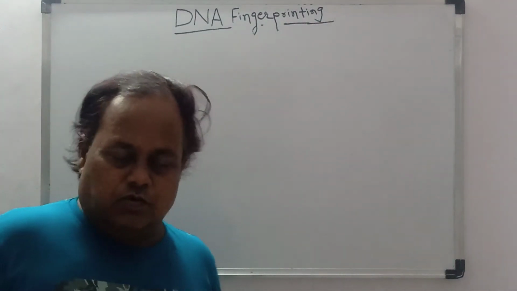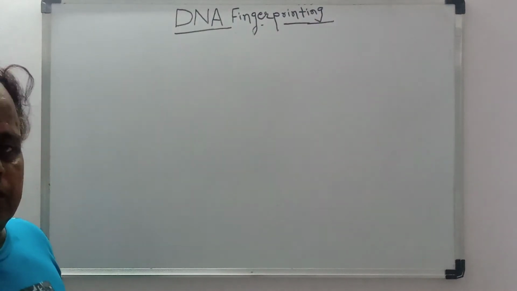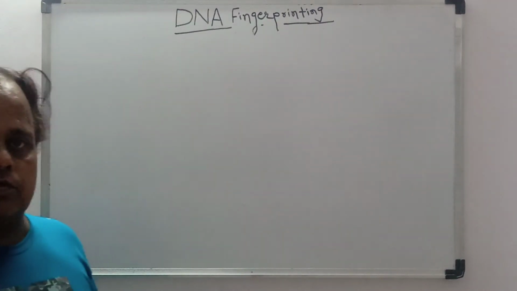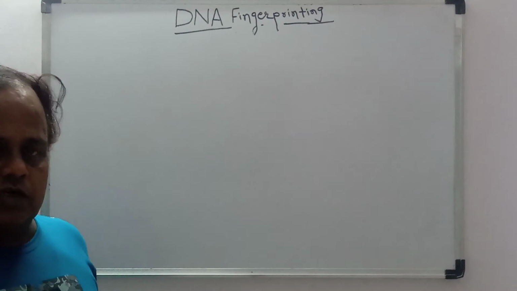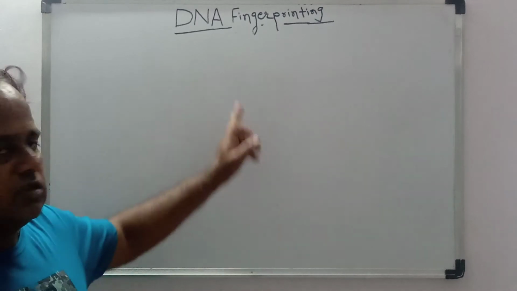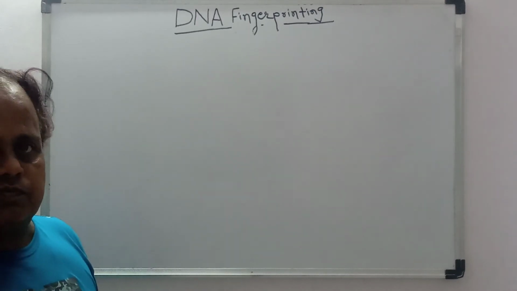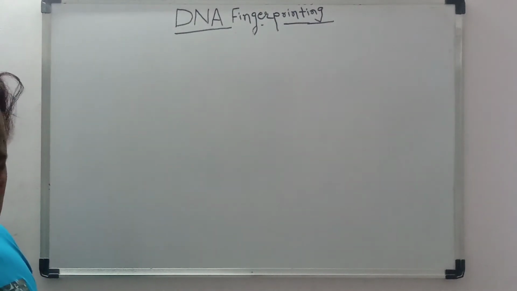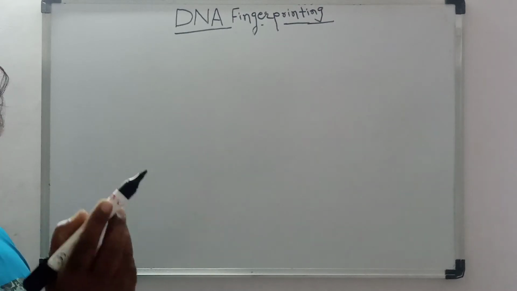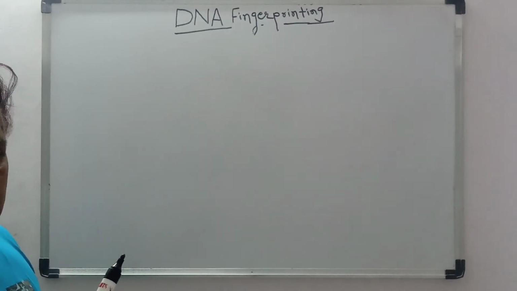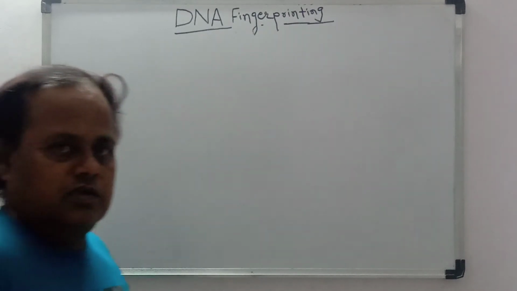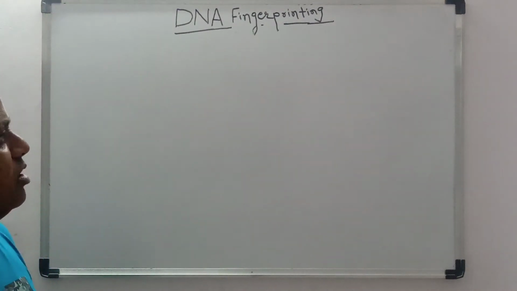Okay, students, today let us study the concept of DNA fingerprinting. As you know, DNA fingerprinting is used to solve murder mysteries. If you get a drop of blood from the murder scene, you can easily identify the criminal from the suspects. If you have 2-3 suspects and a drop of blood, and you compare the DNA of the drop of blood with the suspects using the DNA fingerprinting technique, you can reach the criminal.